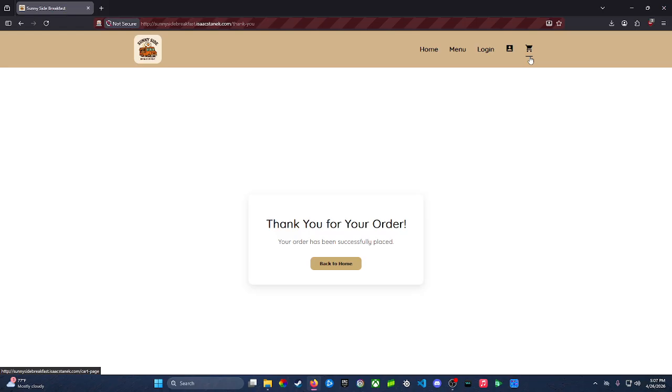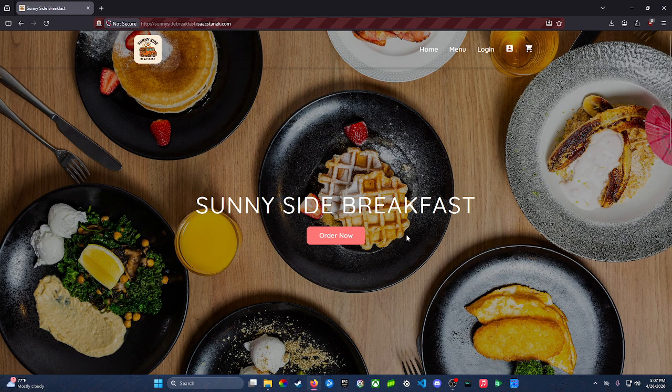So in a real world version of this is where a receipt or a confirmation email would be sent to the user. So we'll click on back to home, take us back to our home page. So some technical highlights,